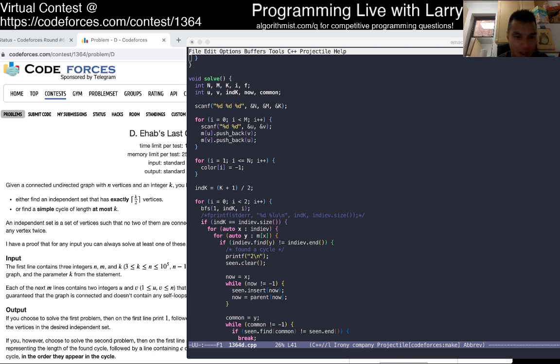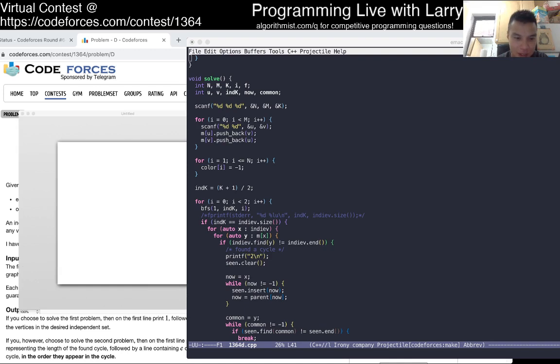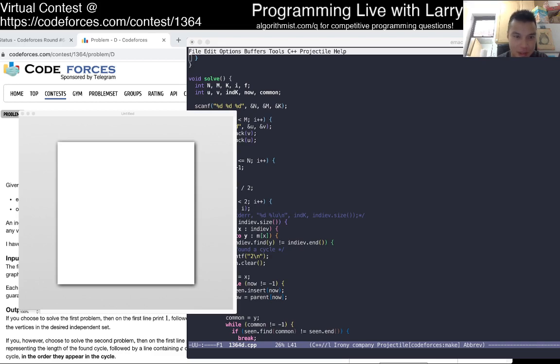Window. No. Okay, I need to move that up, I suppose. And then move it all around.